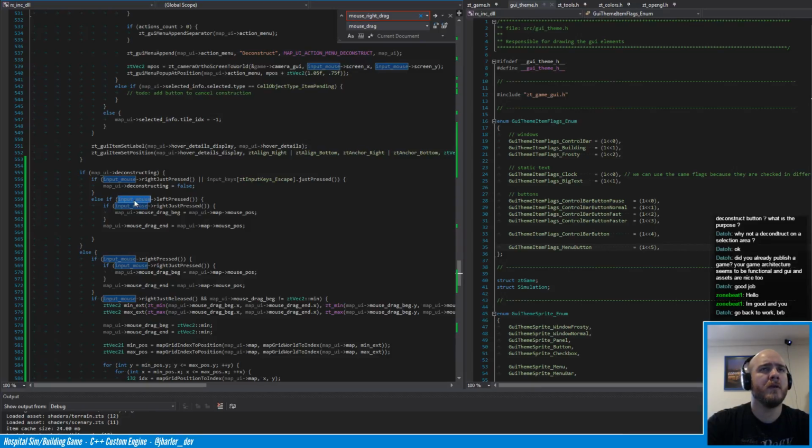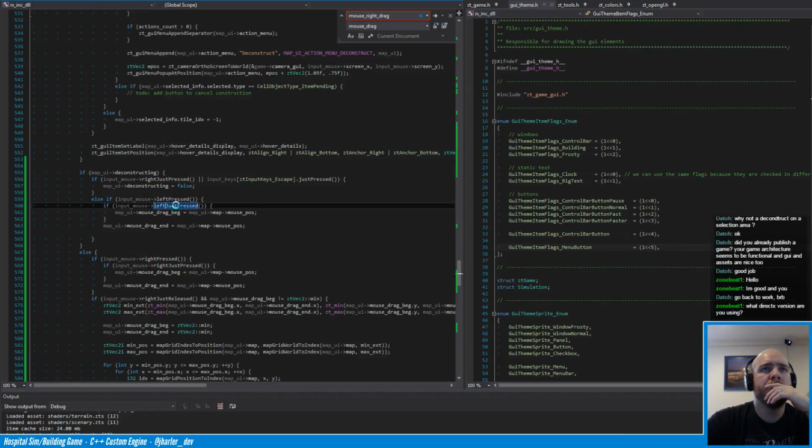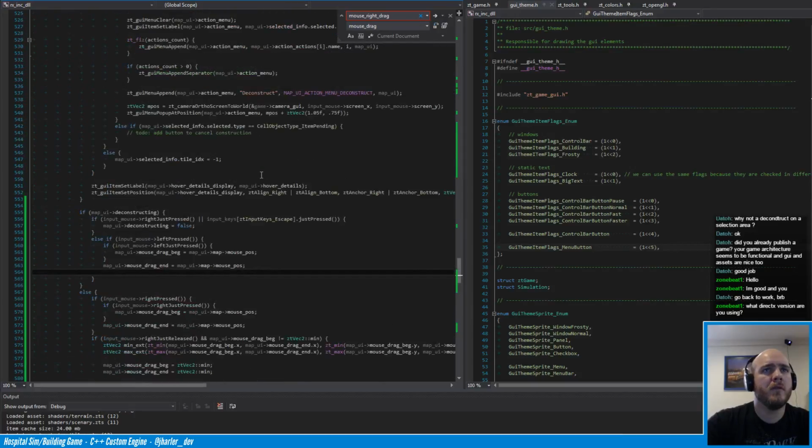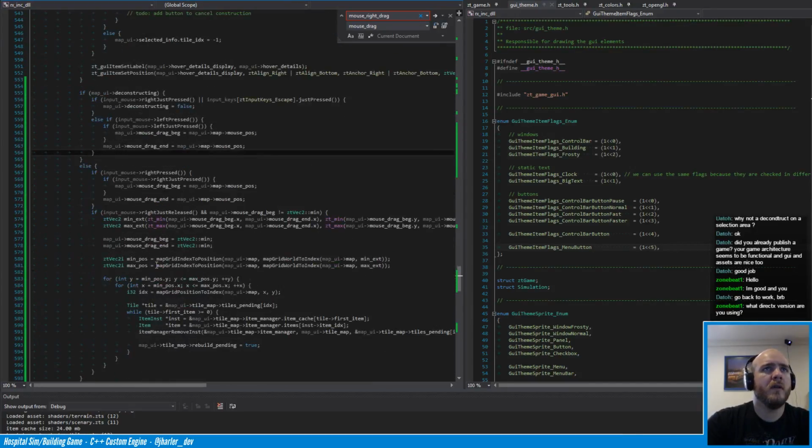Yeah, because the GUI gets updated before this gets called. So you click the button to deconstruct, and then this code will be called, and left pressed will be true. So I think I may have to put something in there to test for that. All right, we're gonna do that. For now, we'll leave it